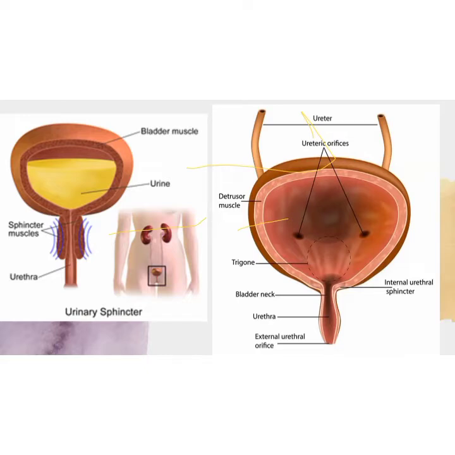So the base of the trigone is formed by the interureteric ridge. What is the name of this place? Interureteric ridge, which is otherwise called the bar of Mercier. In this elevation, the demarcation is produced by the longitudinal muscular cords of the ureters. The ureters and their longitudinal cords form this bar of Mercier.